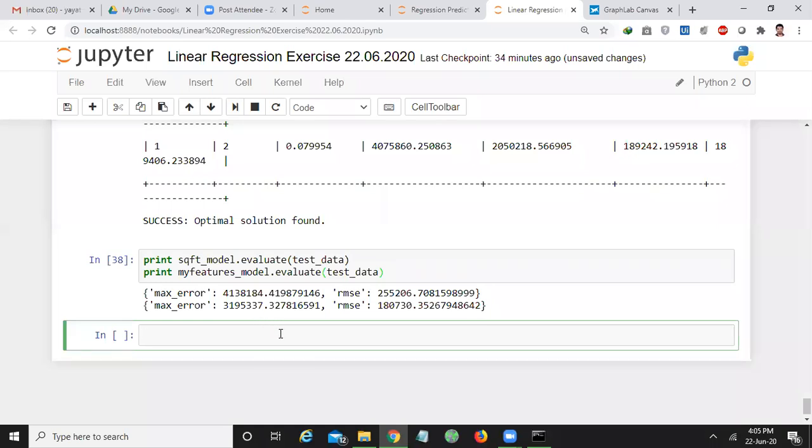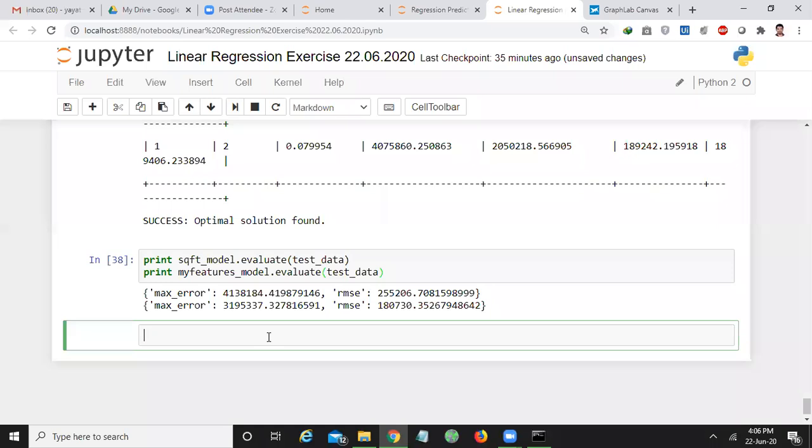That means here we have done a more efficient analytic when compared to the single feature analytic, where we considered only SQFT living as the feature. So now let us apply these models to predict the house cost.